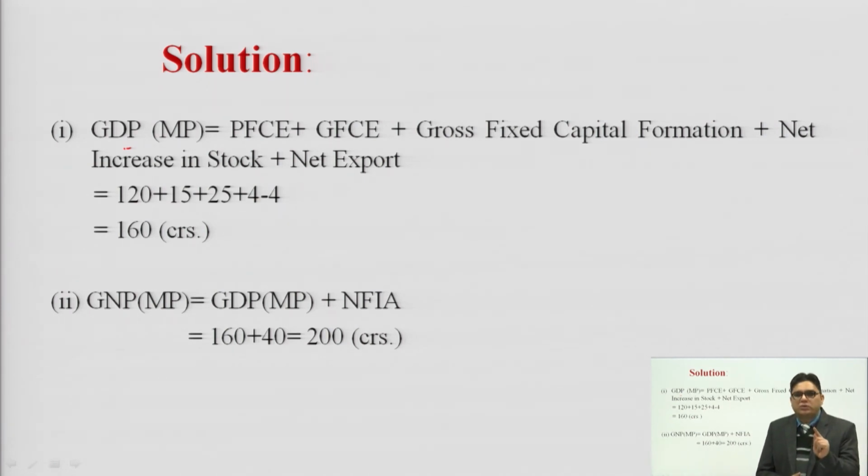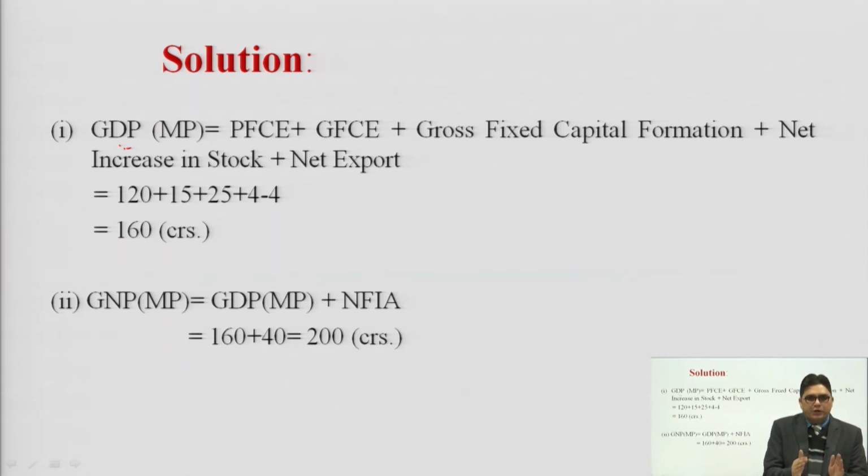The value that we will reach by product method will be GDP at MP, gross domestic product at market prices. We have to be very careful about what the question is demanding. Either we need to reach from GDP to GNP at market prices, or GNP at factor cost, or NNP at market prices, whatever the question is demanding. So, we will be shifting from GDP at MP to what the question is demanding. Okay. If it is demanding the factor cost, we need to see what it is adding.